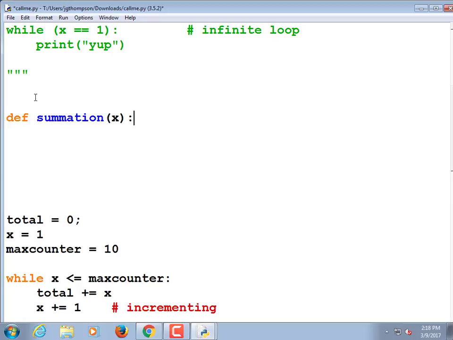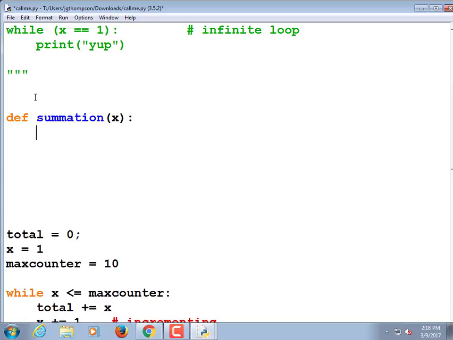For this to really work, I need a max. But we are going to make an assumption. We're going to assume that whatever we are summing only goes from 1 to that number, not negative 10 to that number. Our starting point's always going to be 1. So what we need is a total variable.